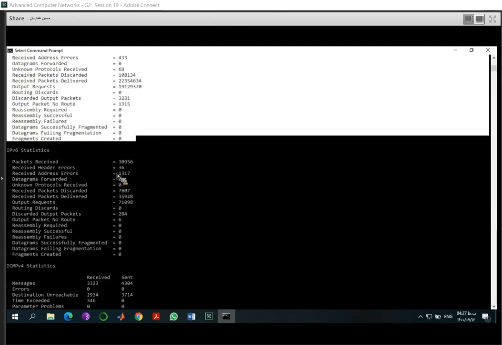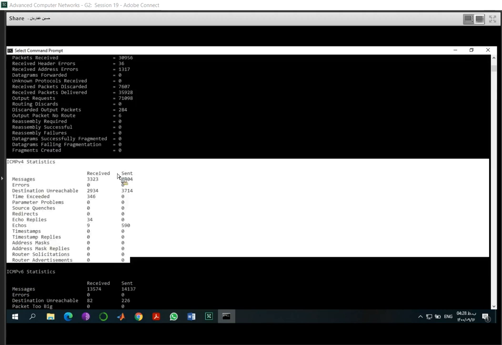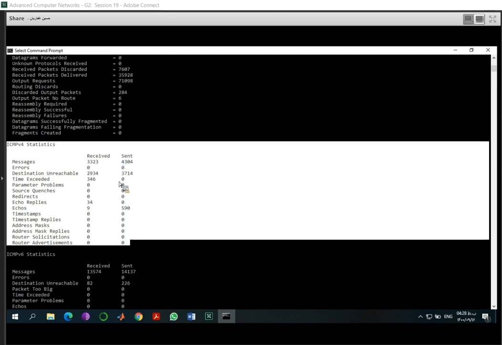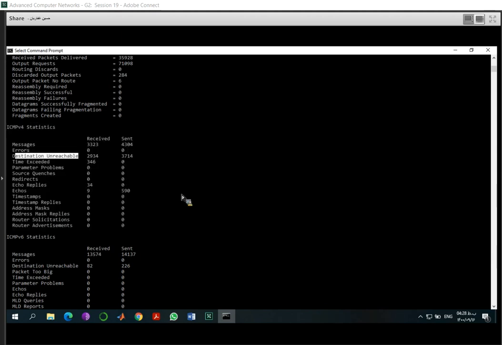Here there are statistics of ICMP version 6. Here are TCP statistics of IP version 4 and IP version 6, and here you can even read more information about UDP statistics in IP version 4 or IP version 6. In one part of this project, I ask you to talk about the statistics of ICMP on your computer,